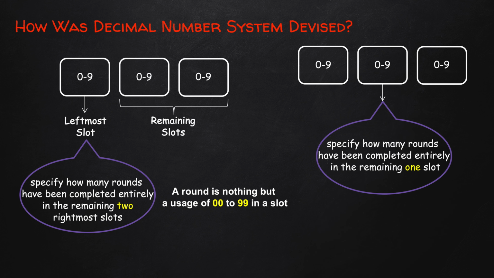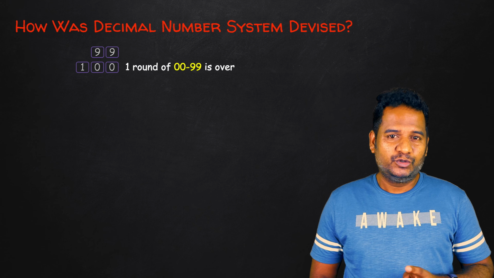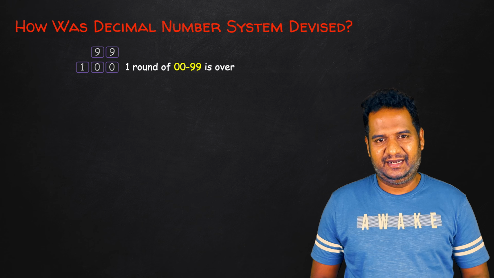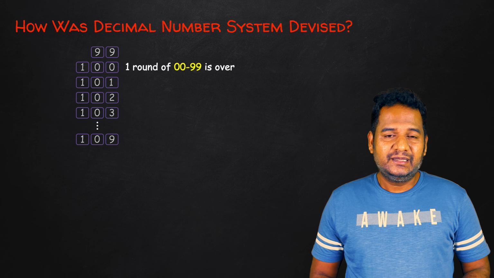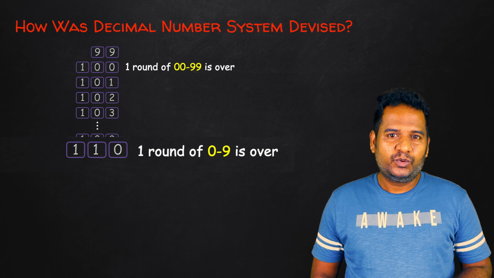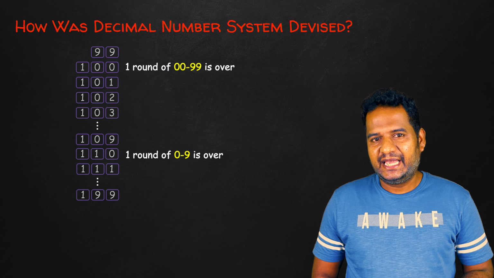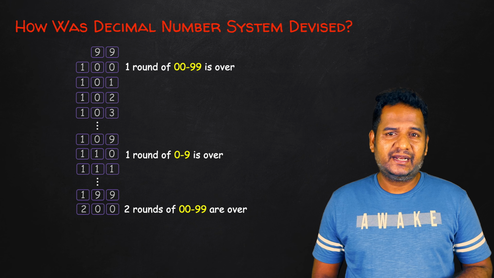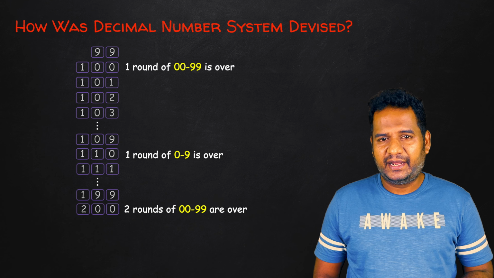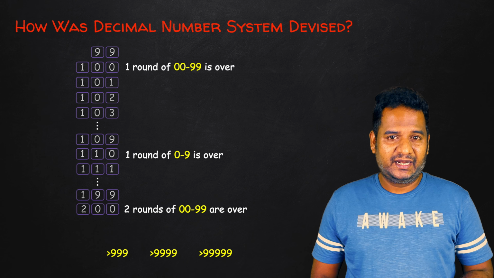The middle slot would specify the number of completed rounds in the remaining one rightmost slot. Hence, after 99, we will put 1 in the leftmost slot and denote the next greater number, that is 100. When the rightmost slot completes 0 to 9, a round, then the middle slot would be increased by 1. This is why we see 110 after 109. So after 199, we can say another round of 00 to 99 is completed and hence the next greater number is 200. And the same logic will be applied when the number of slots increases, when the value is greater than 999, 9999 and